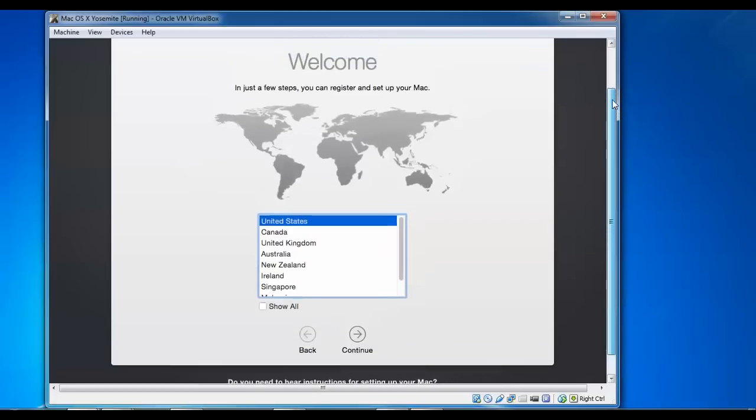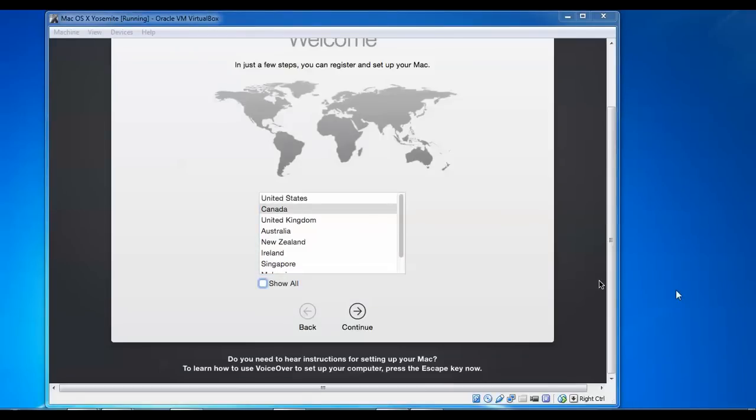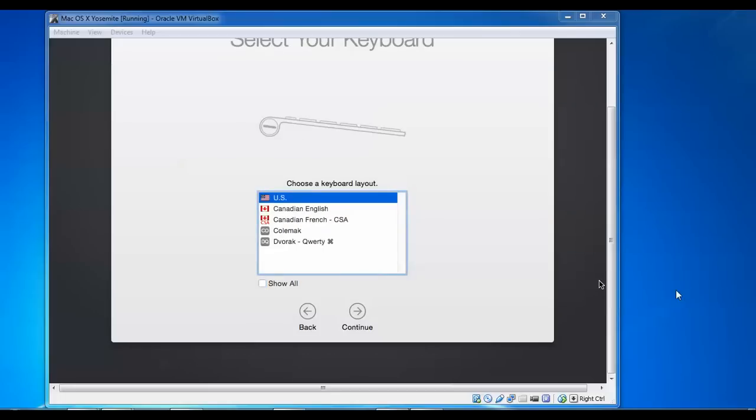On screen you can see, we just need to select the language here and the time zone. I'm going to select India here by default. Let's see. Then you need to click on continue after selecting your time zone. After that, click on continue again, and you need to select your keyboard language here. Select whichever language suits you.